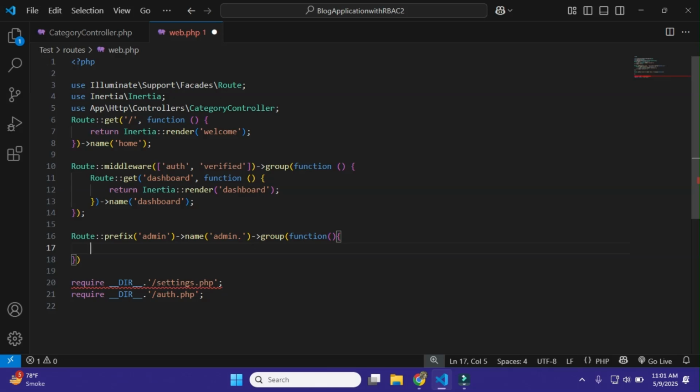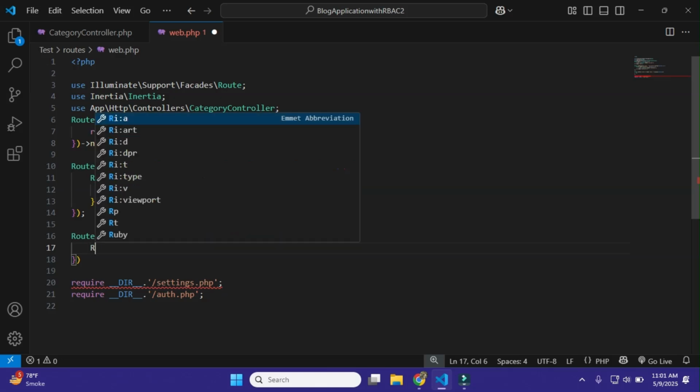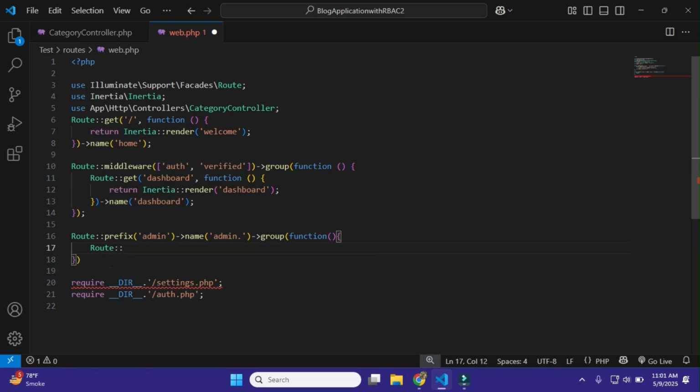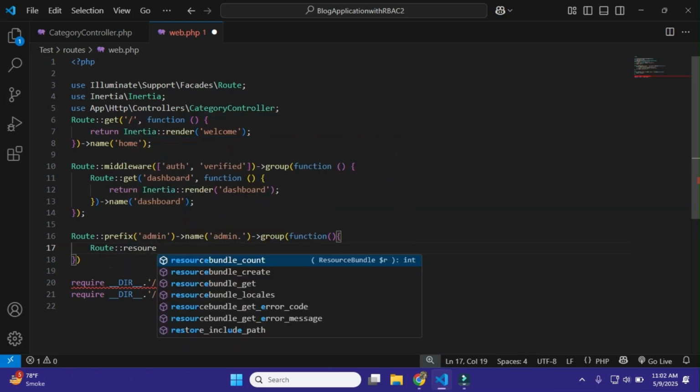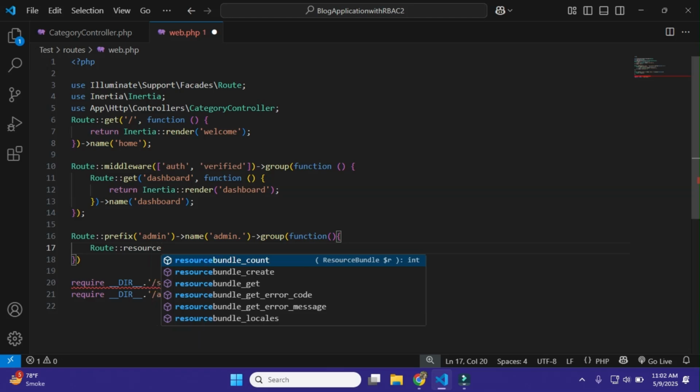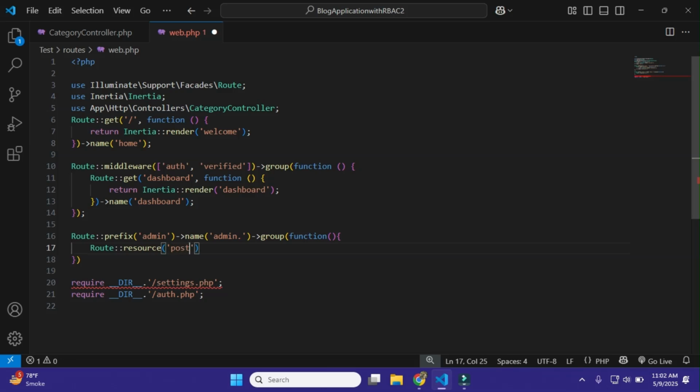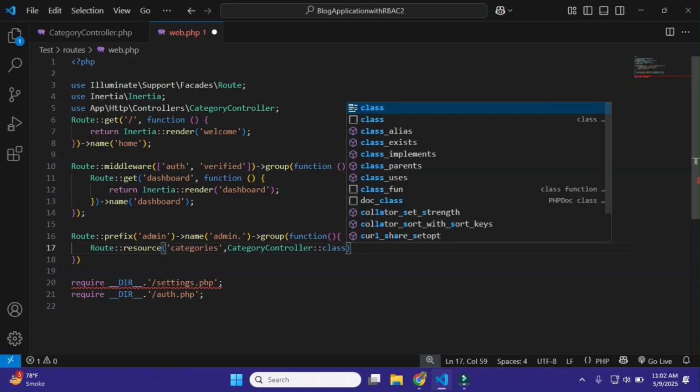Okay, and make here route resource, and within it posts. Oh, sorry, I'll just simply pass here categories, and pass here category controller dash dash class,